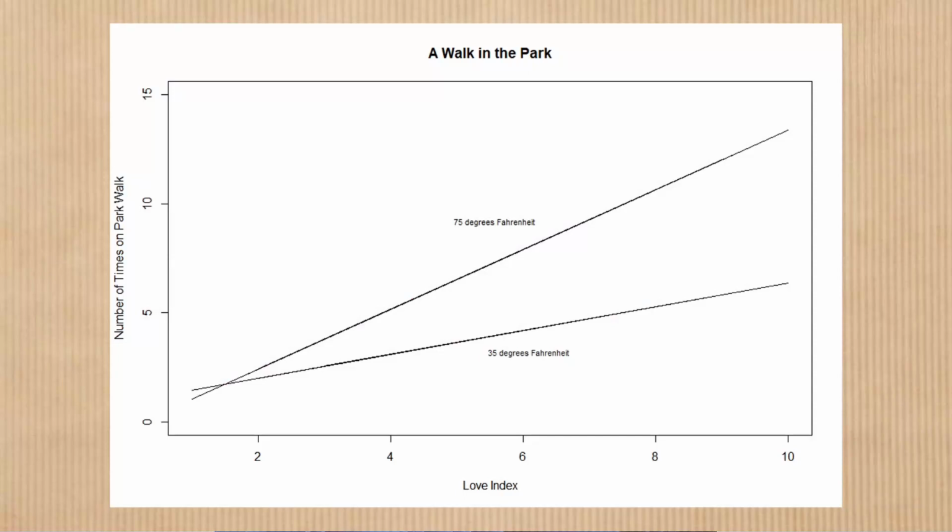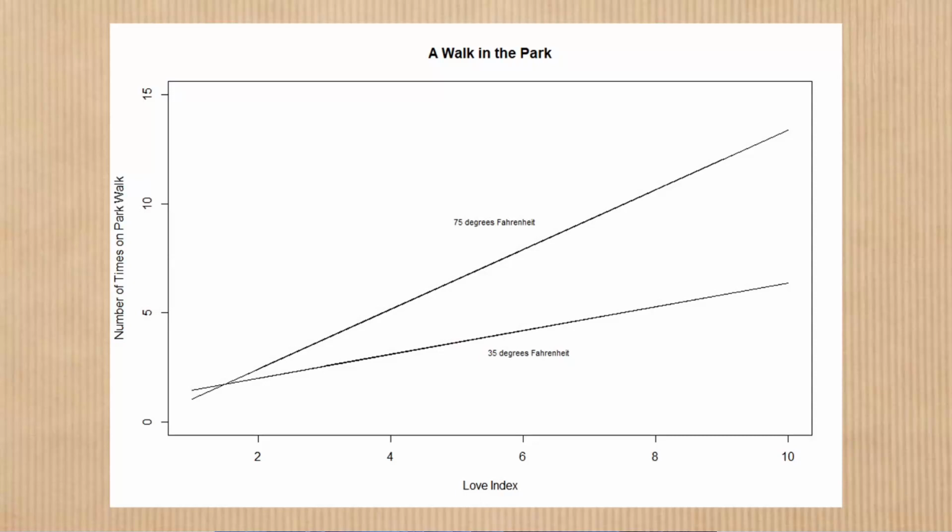Now, in this particular example, I'm using the amount that a couple is in love. I've measured this with a love index, where higher values of the love index mean that the couple, let's suppose a dating couple, have fallen in love. And the greater the love index, the stronger the love attraction that they have. And these couples that I'm looking at like to take walks in the park.